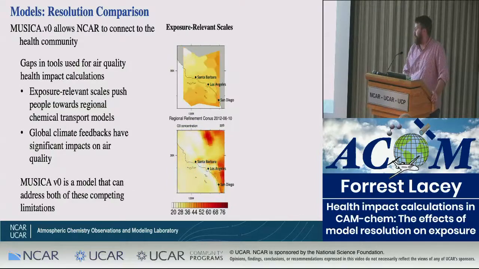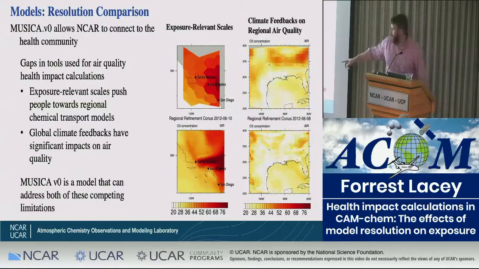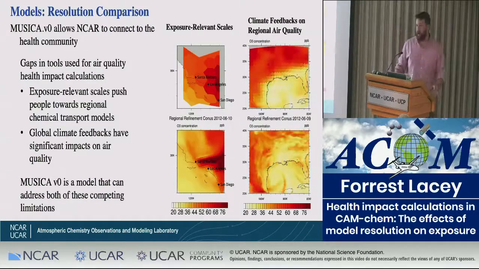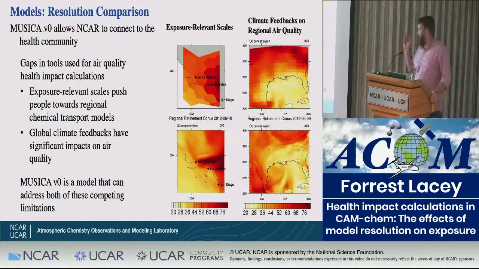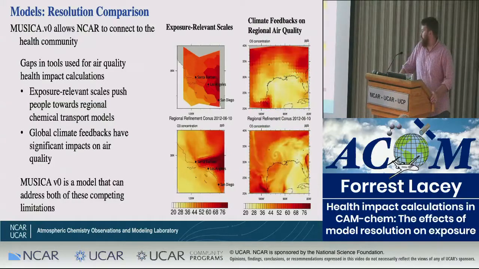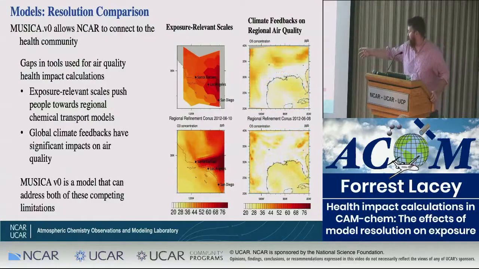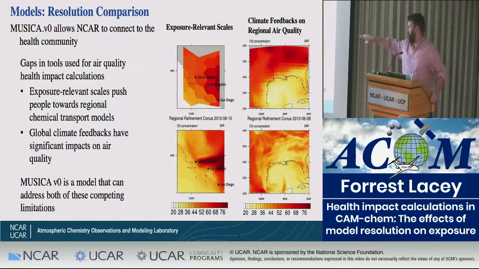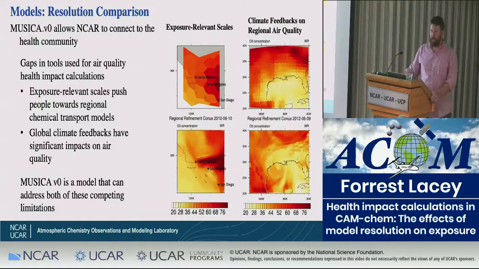And then from global and regional climate feedbacks, what you're going to see here is tropical cyclone formation, pulling polluted air from Mexico City, which eventually makes landfall in New Orleans in the Gulf of Mexico. I'll play that again real quick. So you can see polluted air gets pulled into a tropical cyclone, and it's important to note that you don't see that at all if you go to the 100-kilometer scale.